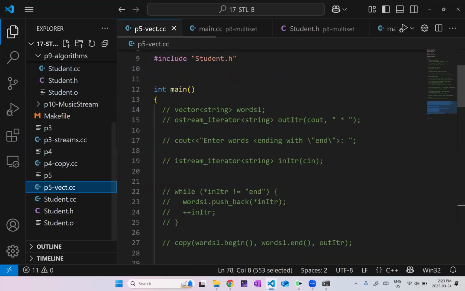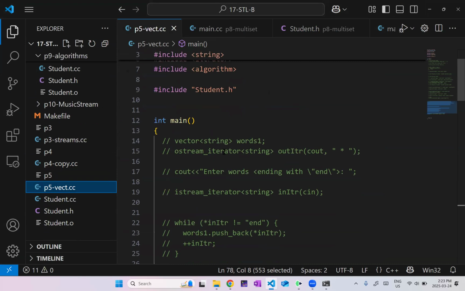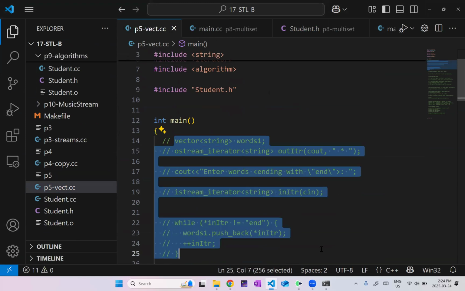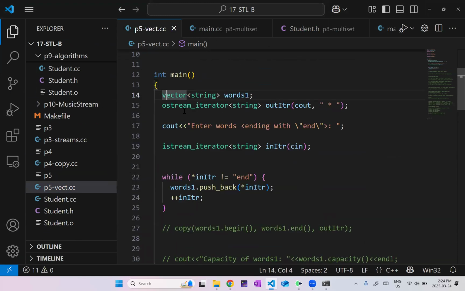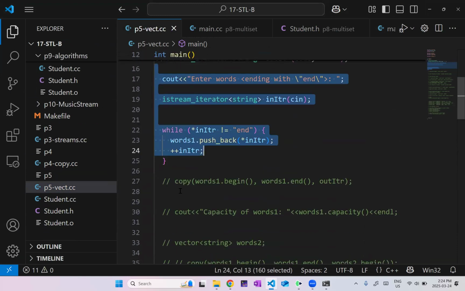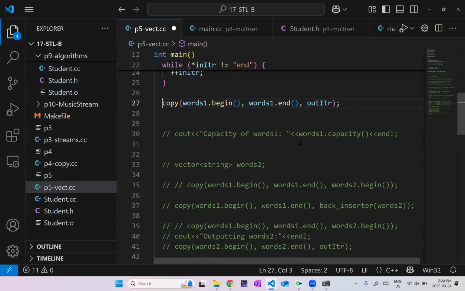As promised, here is the vector. We're going to look at some of the things. Well, we already saw how we can copy a vector to a stream. We can also copy a stream to a vector. But to start with, we'll do the exact same thing. Just enter a bunch of words, copy them out, and then